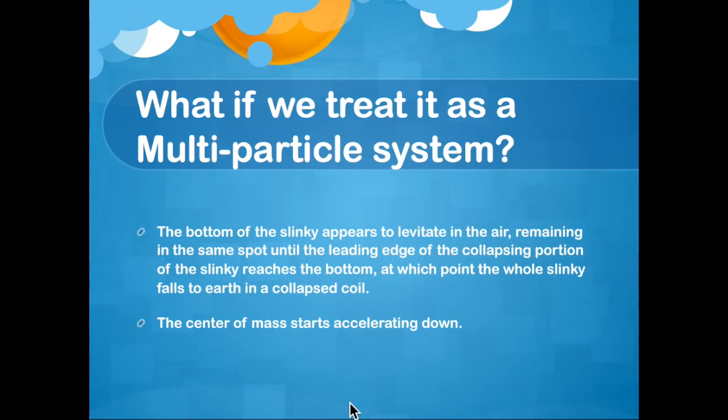a collapsed coil. We are changing something at the top, and it takes a period of time for the bottom to know it is changing. The signal has to propagate from top to bottom. The center of mass starts accelerating down. If we model a multiparticle system, then the bottom of our model slinky will stay stationary just like in the